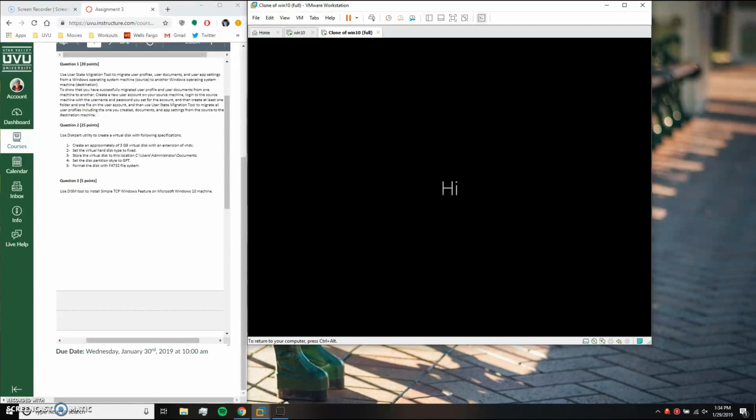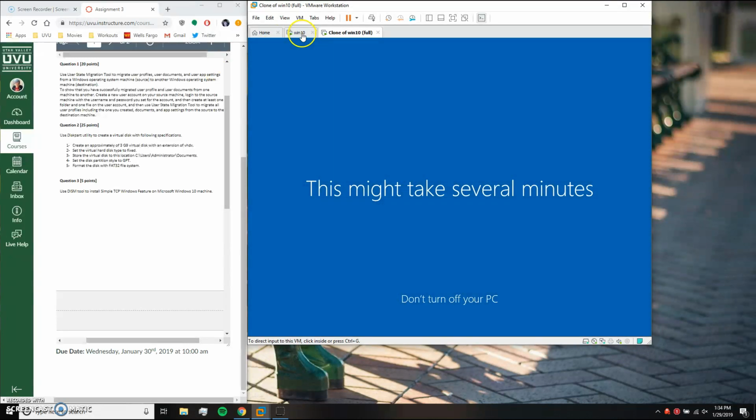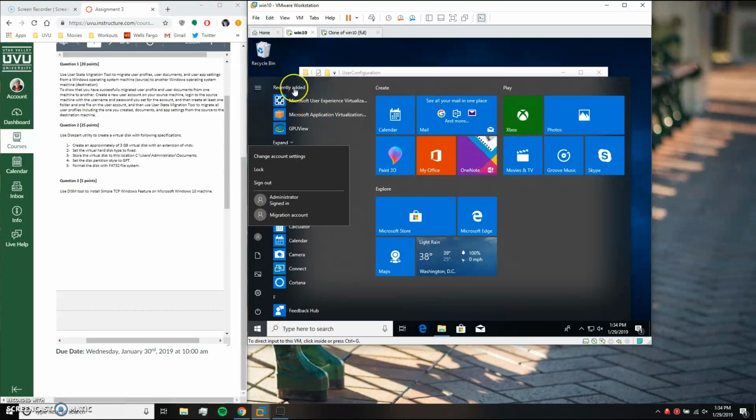And let's see if I did end up putting that file on there. I really hope I did, because if not, I did all the other stuff. There's going to be an easy way of checking this, actually. If I go to migration account,